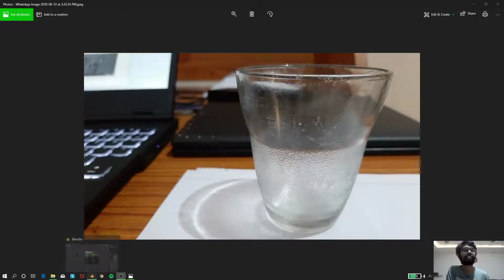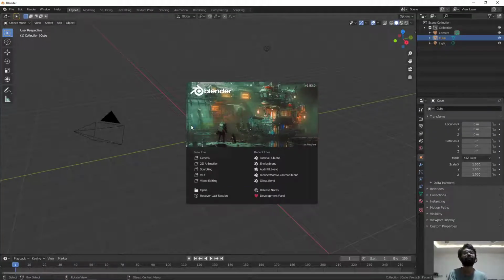So let's get started. This is a beginner's tutorial where I will be teaching you how to start from zero with Blender. For the first thing, this is our viewport. This window over here, this is our viewport. Here we'll do most of our work. Here we'll preview, here we'll change our objects, etc.